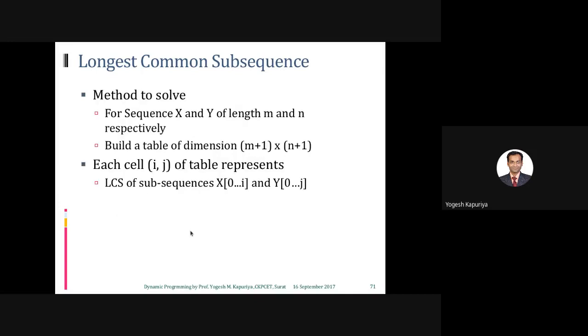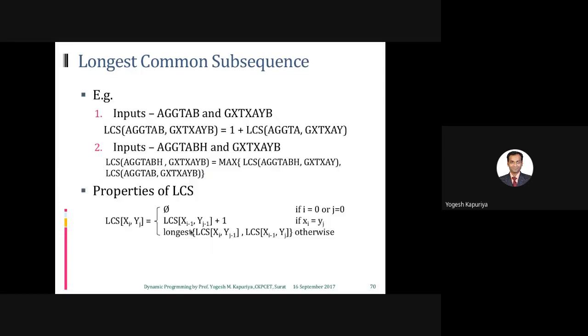So what is the method to solve? First is obviously recursion, right? You can straight away write a recursive algorithm for this without applying any other thought. But as we have discussed, recursion is not the appropriate way to solve every problem. I'm not saying that recursion should not be used. I'm saying that it should not be used when it is not mandatory. There are some problems in which you have to use recursion. There is no other way of doing it, but you should not use it everywhere.